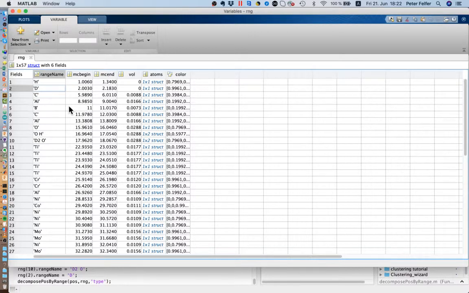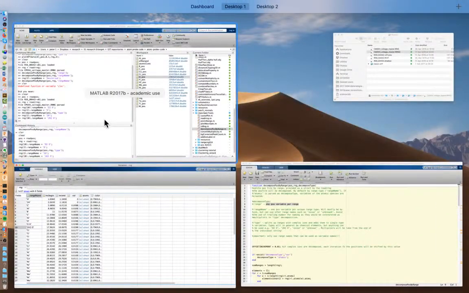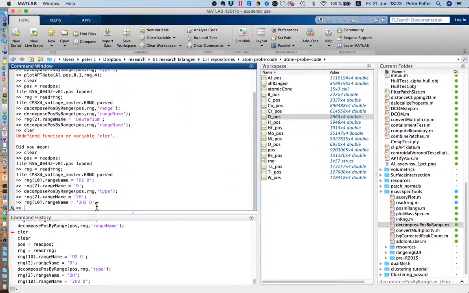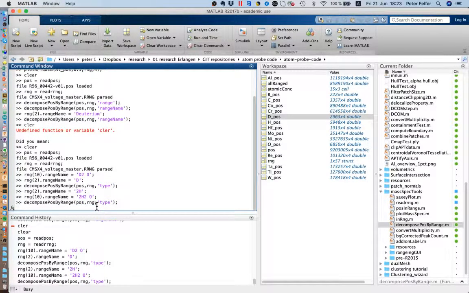So you can create any fantasy name you want, okay? The only thing you cannot do, obviously, is use trailing numbers. You can use leading numbers, so instead of deuterium, you could use 2H, okay? You could use 2H2O, and this would work. Please don't do trailing numbers because they're obviously the multipliers. Okay, so if we now go decompose by